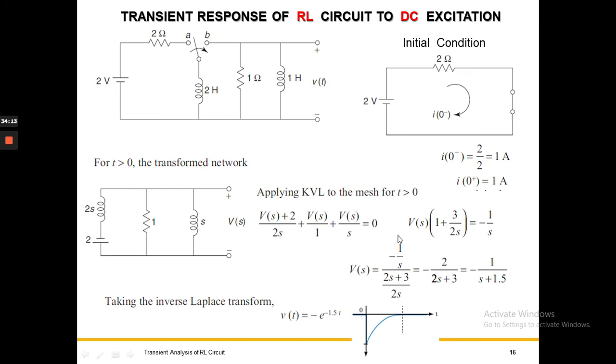This is because of the polarity taken, positive and negative like this. But you see that the initial current through the 2 Henry inductance will be top to bottom. Even after changing the switch from A to B, current through the inductance cannot change instantaneously, so this current will try to flow in this direction. That is opposite to the positive polarity we have taken. That is why it is showing minus.